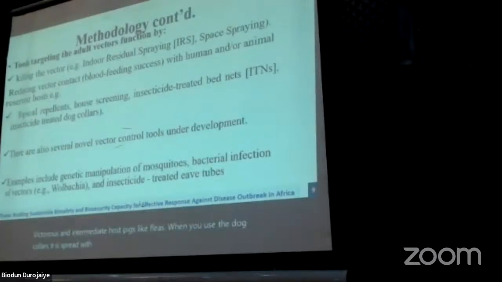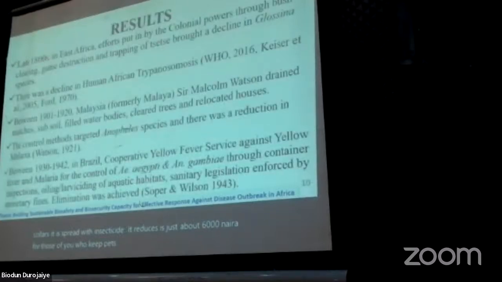There are also several novel vector control tools under development. Examples include the genetic manipulation of mosquitoes, bacterial infection of vectors, e.g. Wolbachia, and insecticide-treated eave tubes. The result: in the late 1800s in East Africa, efforts put in by the colonial powers, through bush clearing, game destruction, and trapping of tsetse, brought